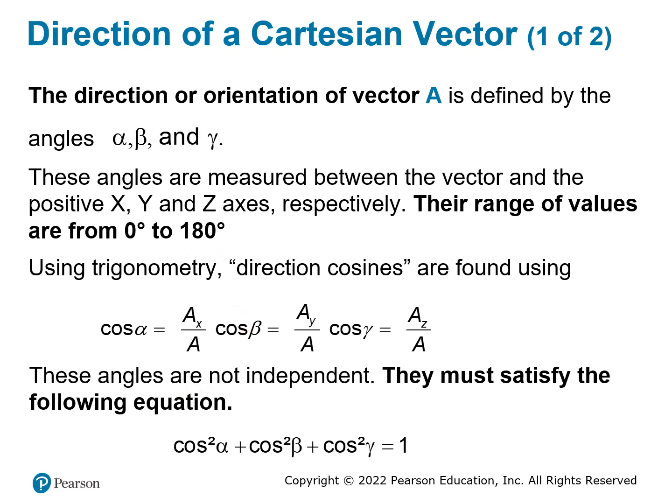So for the alpha direction, cosine alpha is equal to the x component divided by the total length of the vector A. If you want to find the beta direction, you use cosine beta, and you use the y component divided by the total magnitude of A. When you want to find the z, you use cosine gamma, which is Az divided by the total